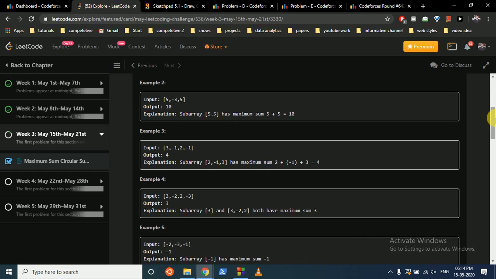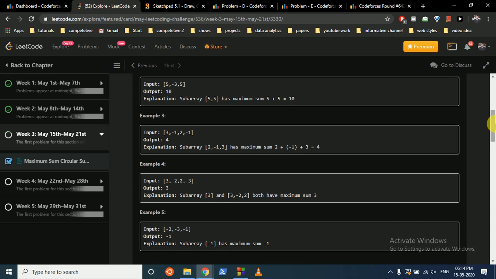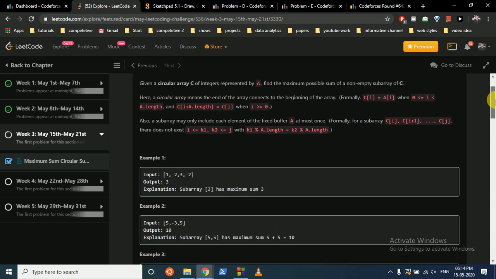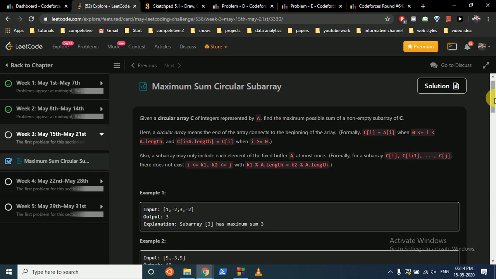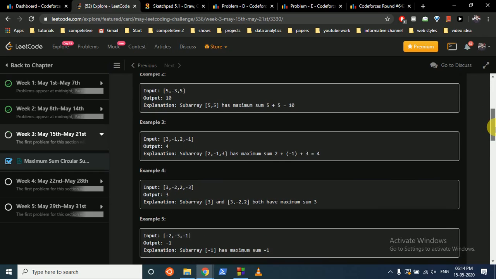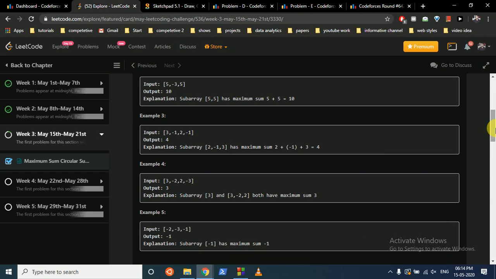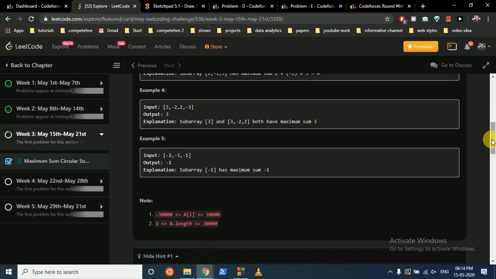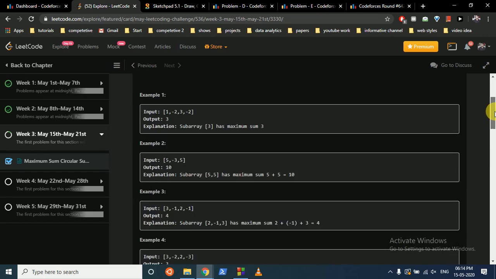So there are two cases: one in which you wrap around and a second in which you cannot wrap around. In the case in which you don't need to wrap around, you can just use Kadane's algorithm to find out the maximum possible sum of any continuous subarray in an array. You can pause this video and go check that algorithm, or if you know that, you can keep watching and I will implement it in the code and it will be more clear to you.